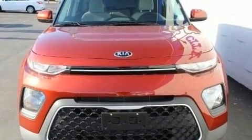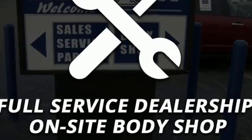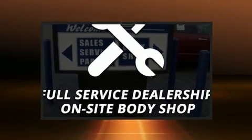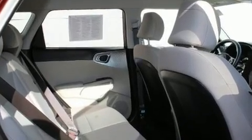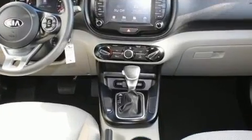and 4-wheel disc brakes with ABS. Brake assist technology provides extra pressure when applying the brakes. A Carfax history report provides you peace of mind by detailing information related to past owners and